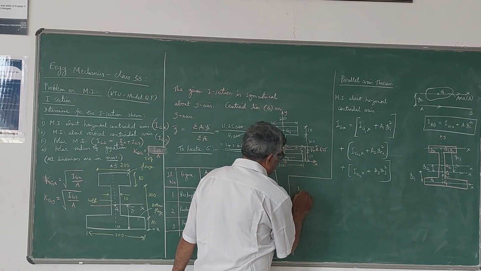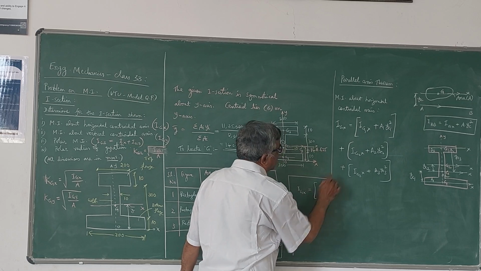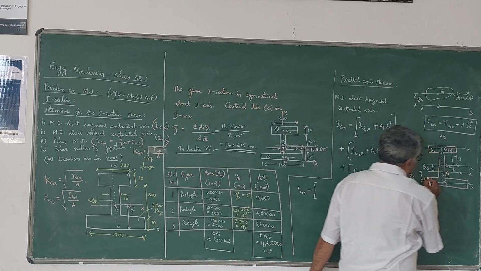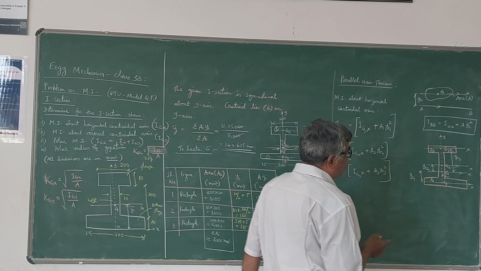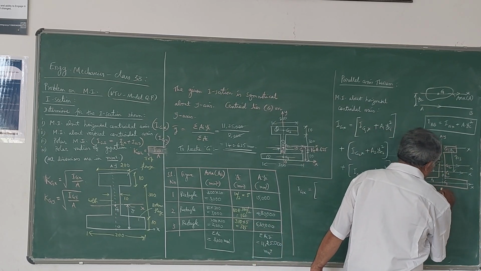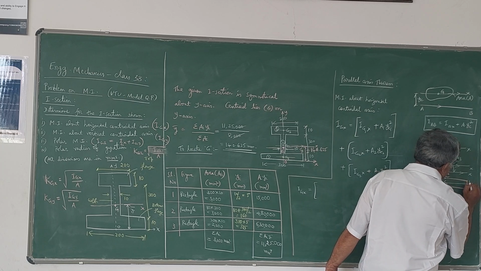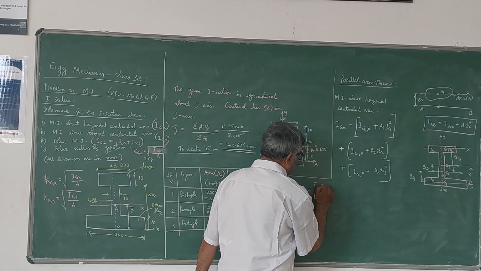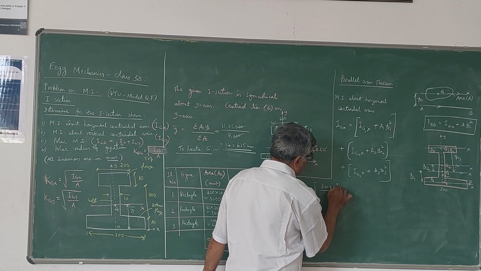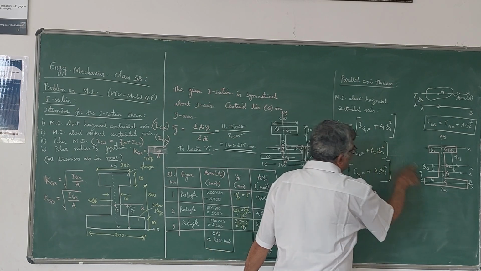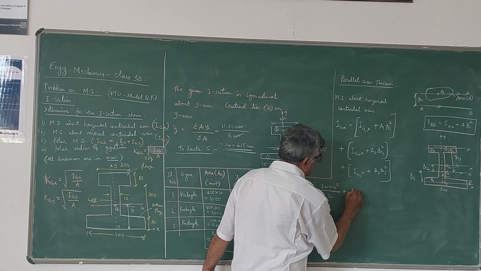So therefore IGX is equal to the first rectangle's IG1x. The moment of inertia of this rectangle about its centroidal axis is BD cube by 12. You know that it is BD cube by 12. Here B is 300, D is 10. So it is 300 into 10 cube by 12 plus A1, the area of this rectangle, 300 into 10, that is 3000